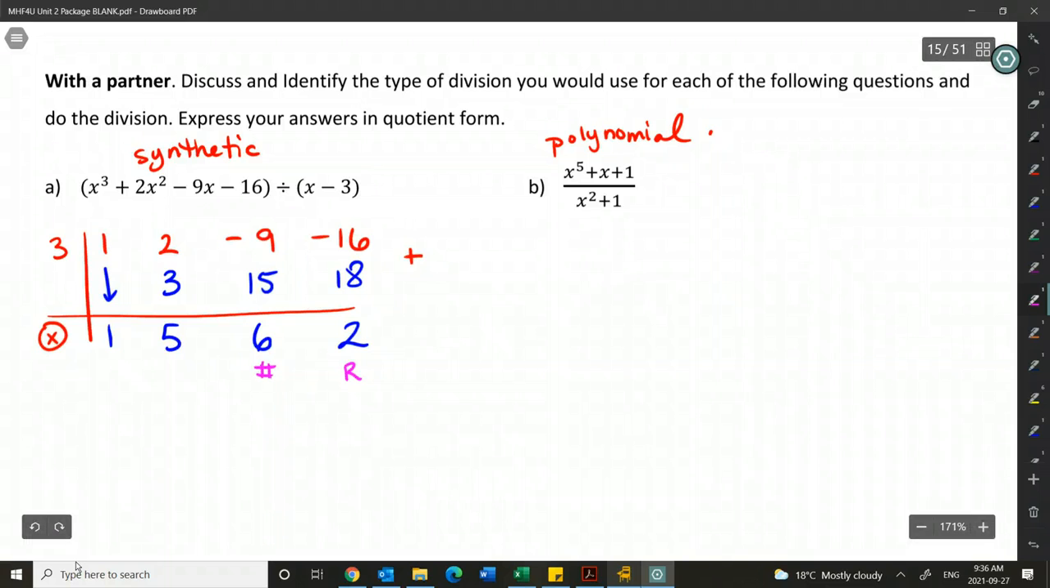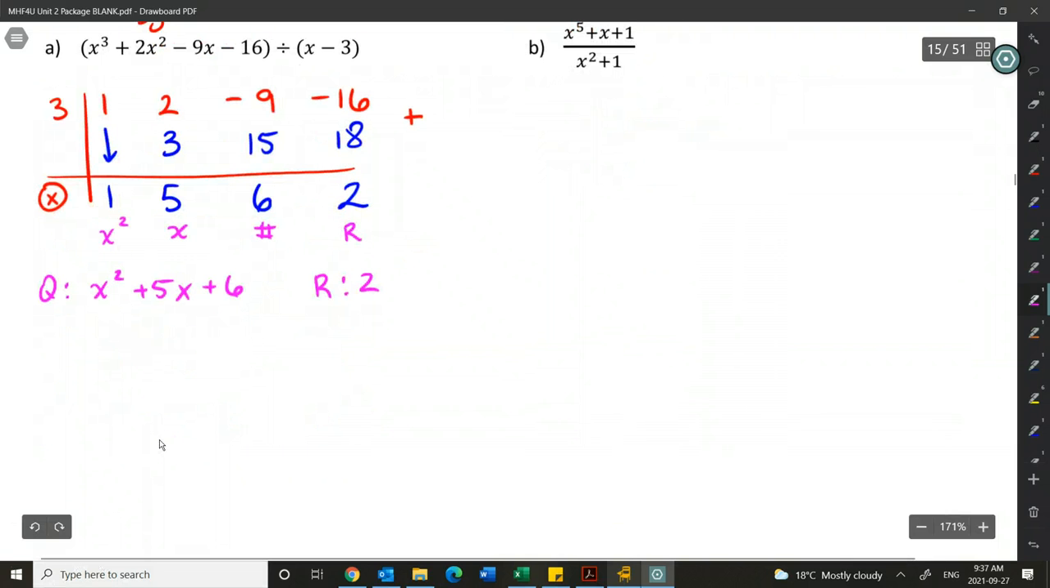Maybe I should start using C from now on for constant. Yeah, so number or hashtag. And then x is 5, and then x squared. Okay, so this gives me a quotient of 1x squared, so we just put x squared, plus 5x, plus 6, and the remainder is 2. So if I want to now express this in quotient form, I'm going to say that our original question